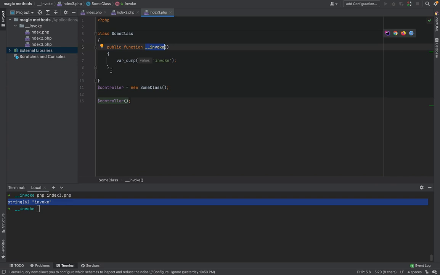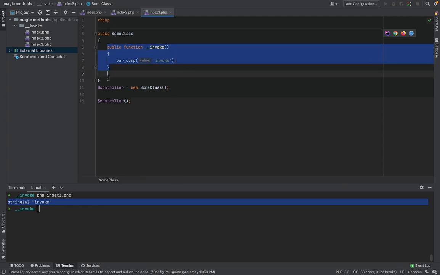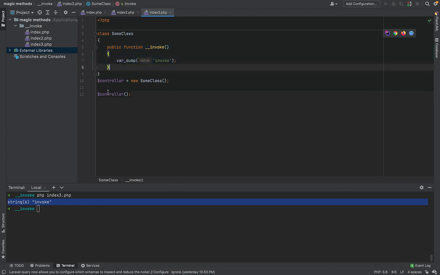Or maybe you are using the class inside, I don't know, a job or anything like that. Just a class with one functionality, with one logic. So that's when you can call it, and you can maybe call it like this or any other object that you create from that class.